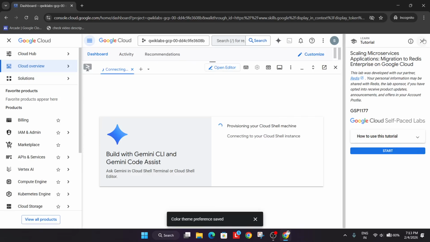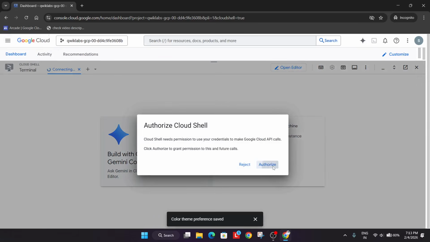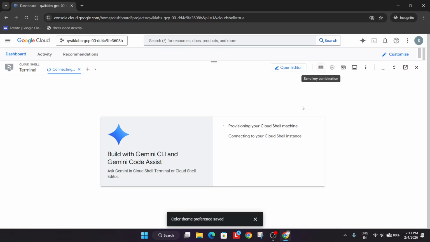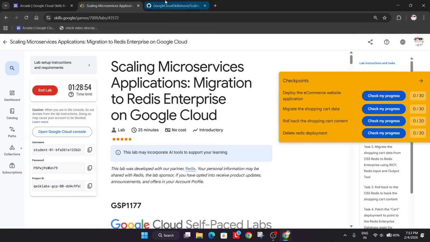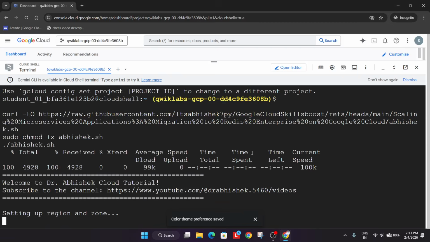Click on continue. Remove this unwanted pop-up from here. Authorize. Now let me increase the text size. Now in the description box, I've shared this repository and we have to just paste over here like this, hit